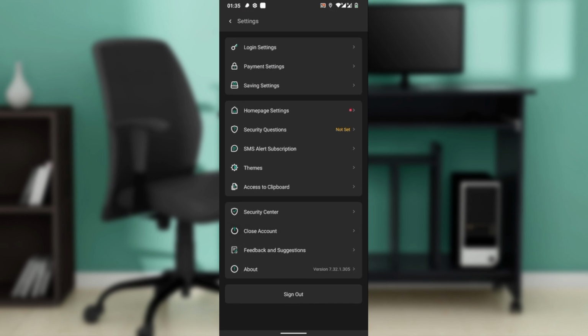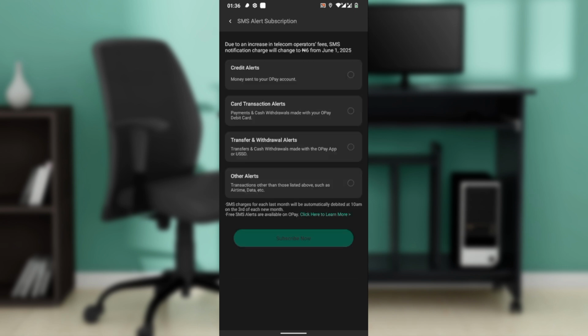Now here you have login settings, payment settings, saving settings, home page settings, security questions, SMS alert and subscriptions, access to clipboard, security center, close account, feedback and suggestions, and about. So go ahead and click on SMS alert subscription. Now once you do that,